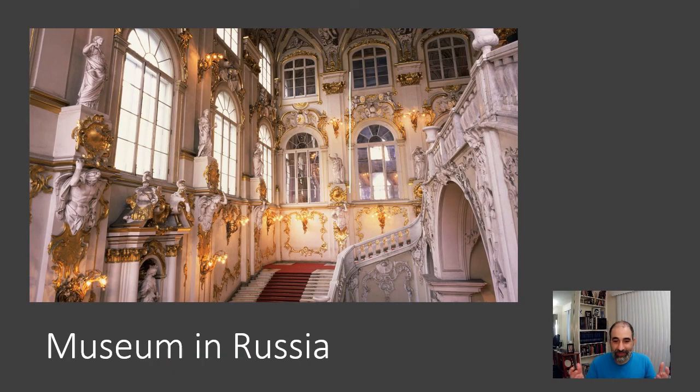And he's trying to be this absolute ruler. He really wanted this notion of being as absolute as possible. He builds things in Russia that if you see images of it, you go, oh, that looks like Versailles almost. So let me go to another couple slides here. Look at this. This is actually a museum in Russia, and it looks like it could have been taken straight out of Versailles, if you look at the artwork and stuff.